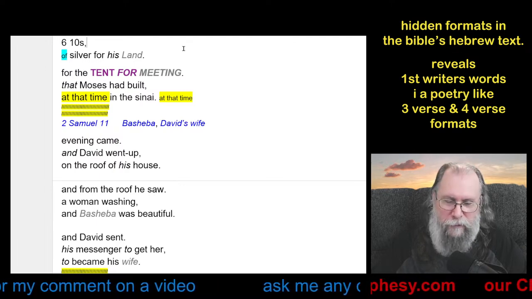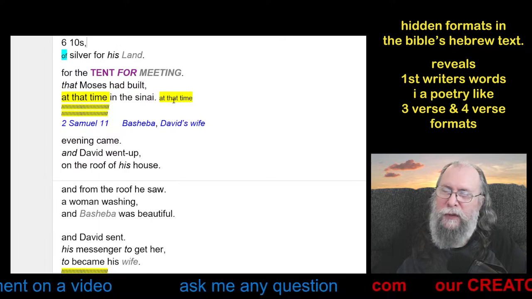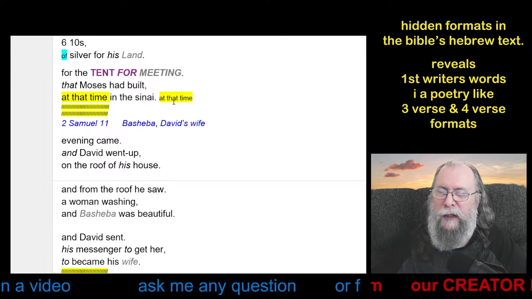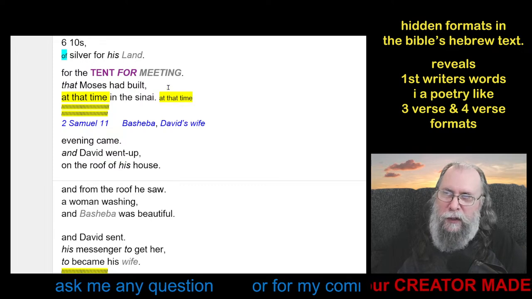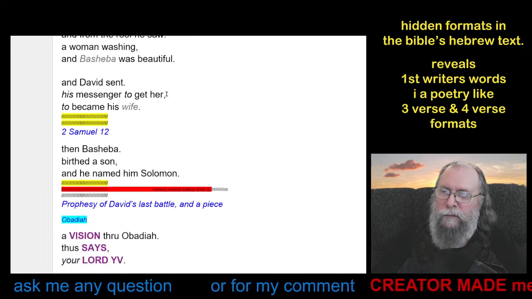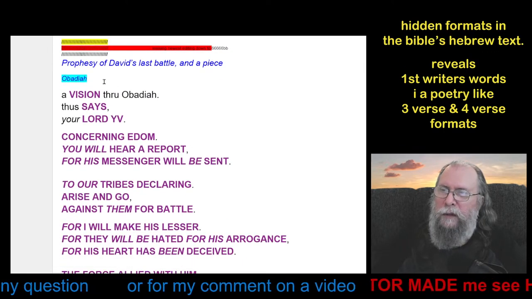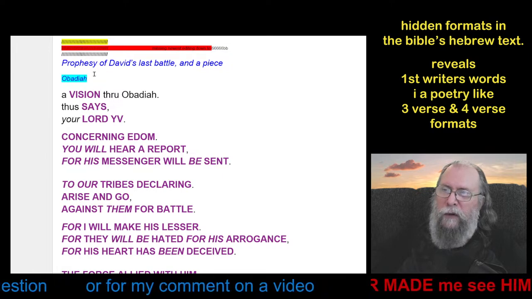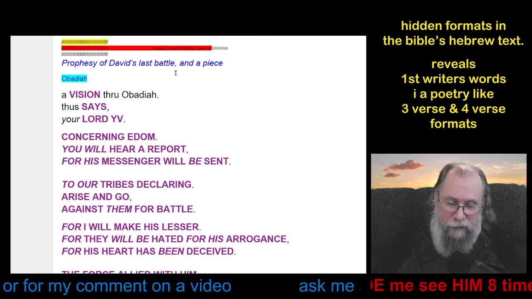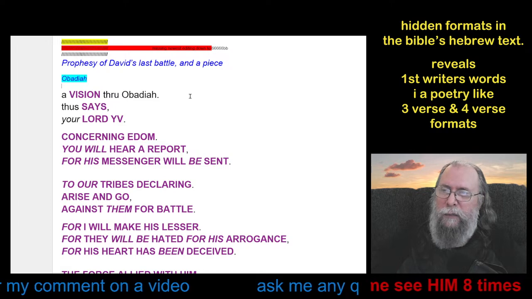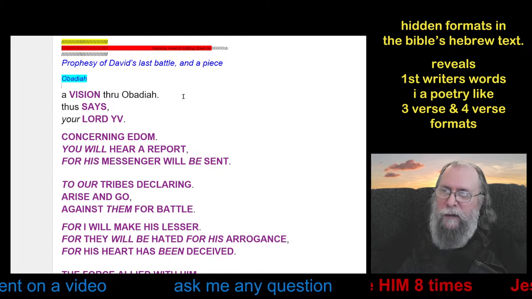It just reads better, because a lot of times with verses like these I would think this was old Hebrew being left around, that they didn't switch the words around when they put it in English, that they just thought it read okay. You can see the book of Obadiah was the only thing I found out of this that was actually talking about David's last battle. So that was important, that it was prophesied as well, because when you read Obadiah, you would not know that this is about David.